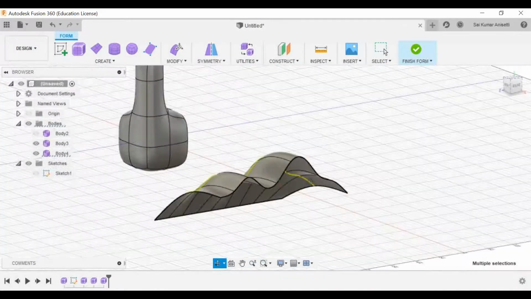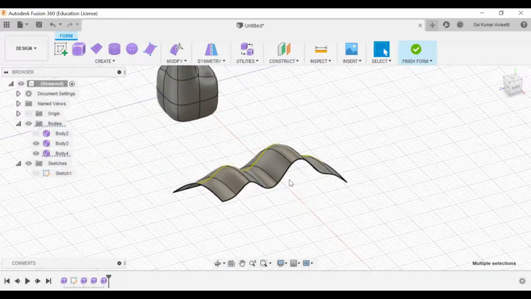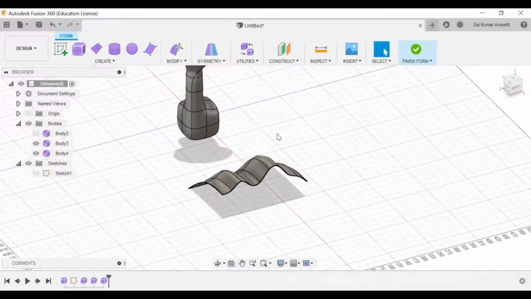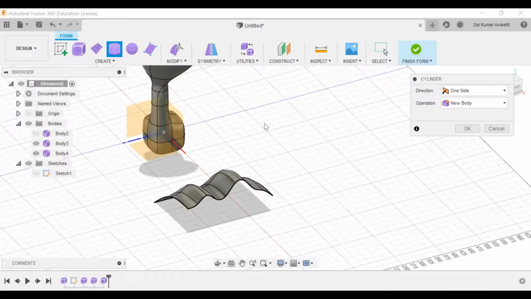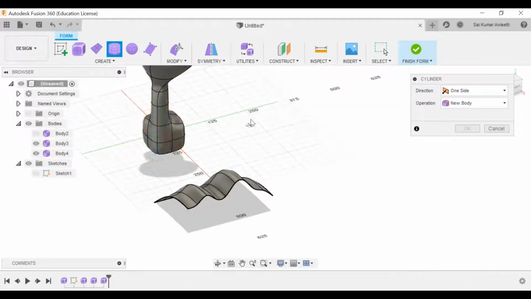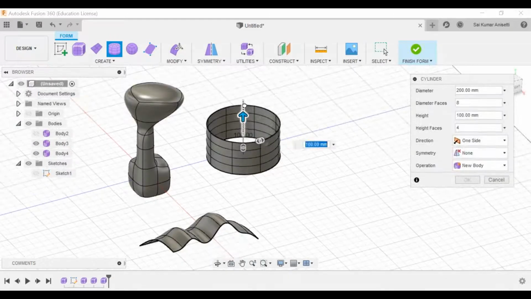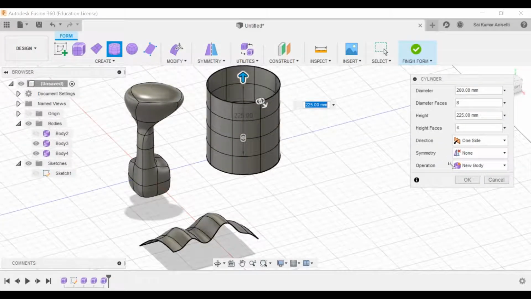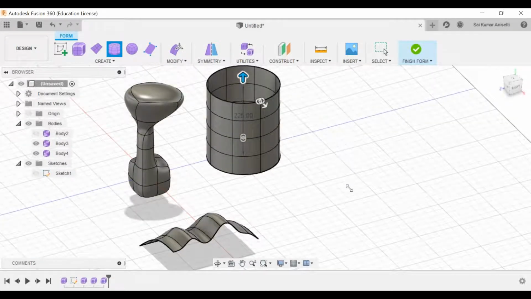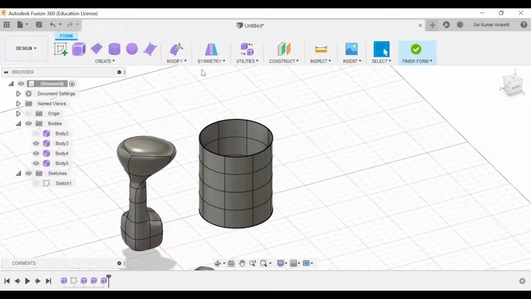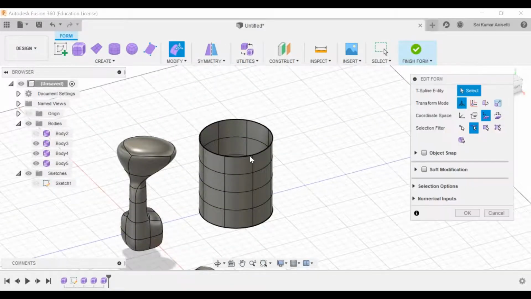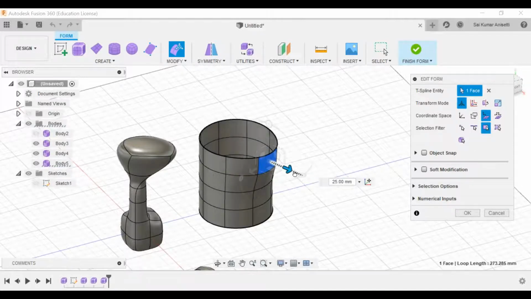This is how you actually make your plane, modify, and do those things. Go to cylinder, select this plane, you get the cylinder, you add your material to it, click OK. Again, if you want to modify the shape, go to modify and select any face, and you just manipulate it.